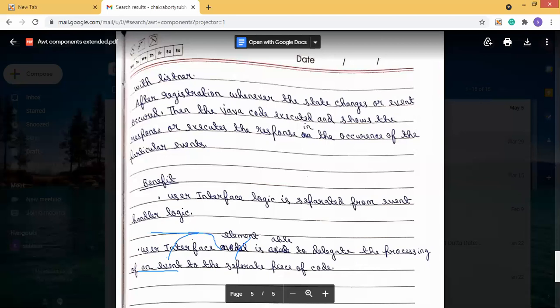Now there are some methods, or examples, of event handling which are mainly used. We will show them one by one. There are some methods present in the event handler, and we will see the listeners one by one. If this is a listener, that means it is part of the event handler logic. So one by one we will see the methods.